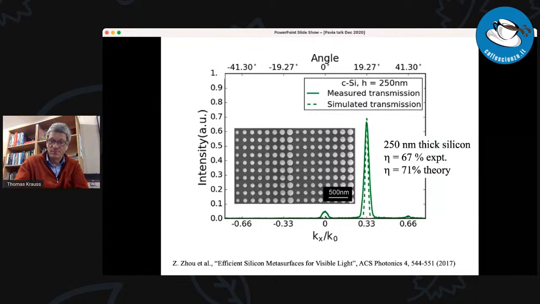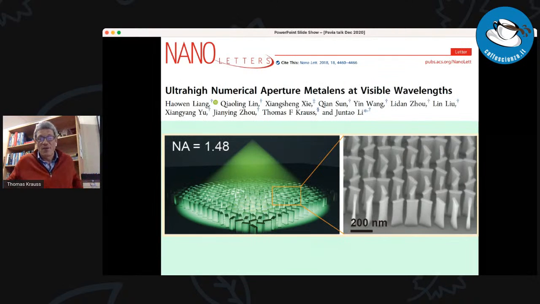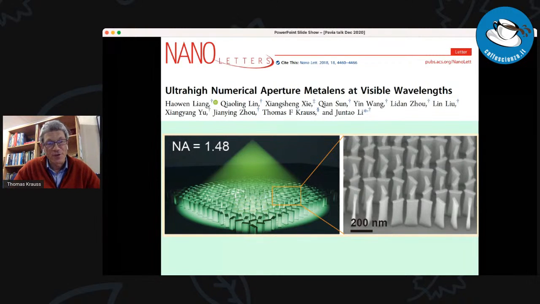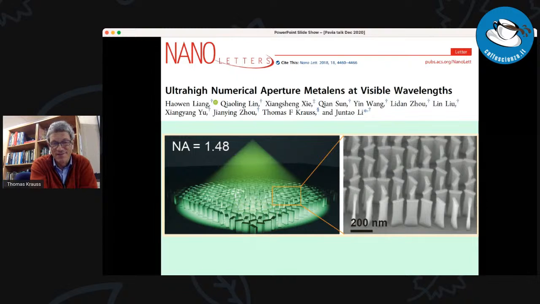And it gets better. So then we thought, okay, Capasso does these wonderful, let me call it PB phase, it's easier to say. We can do this as well. And now here's the next bit. If you do high numerical aperture, and all of us who do microscopy know, for really high numerical aperture, you need to do immersion lenses. And immersion means you pour oil onto your structure. Now, if you do this with titanium dioxide, you lose half of your index contrast. The lens doesn't really work very well anymore.